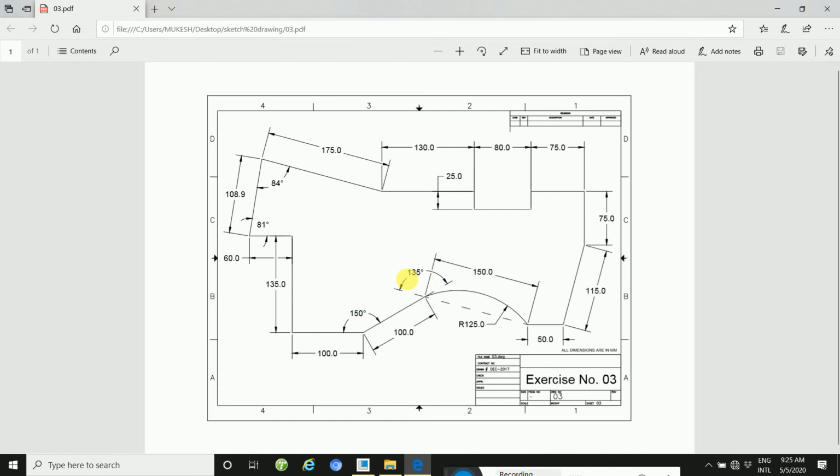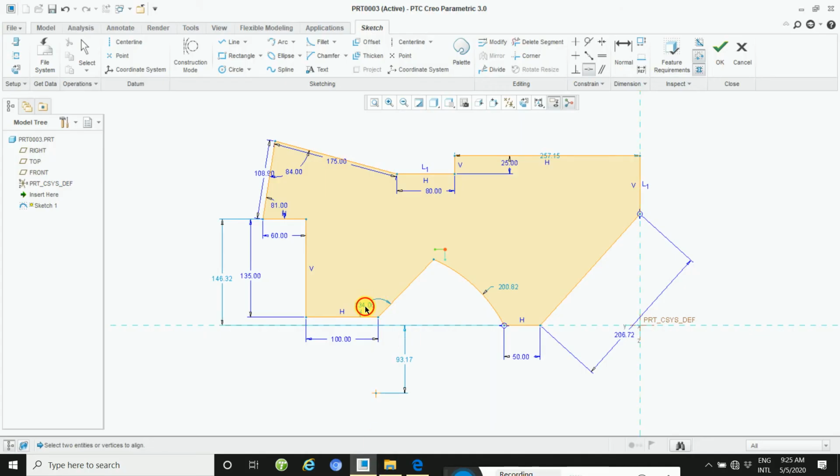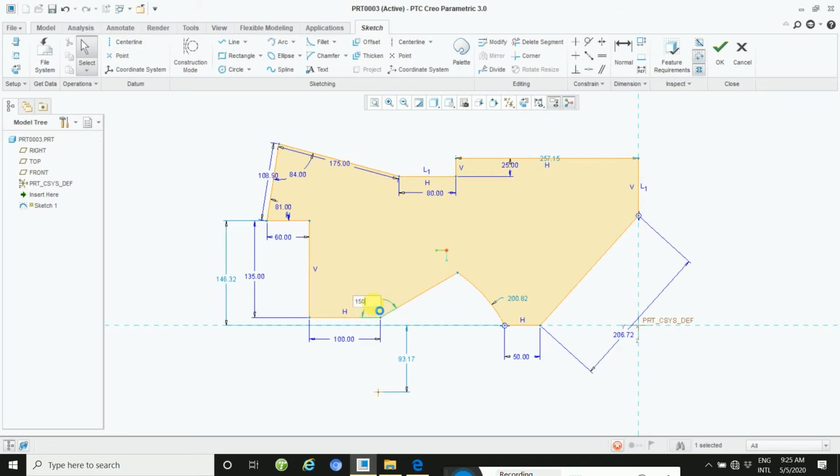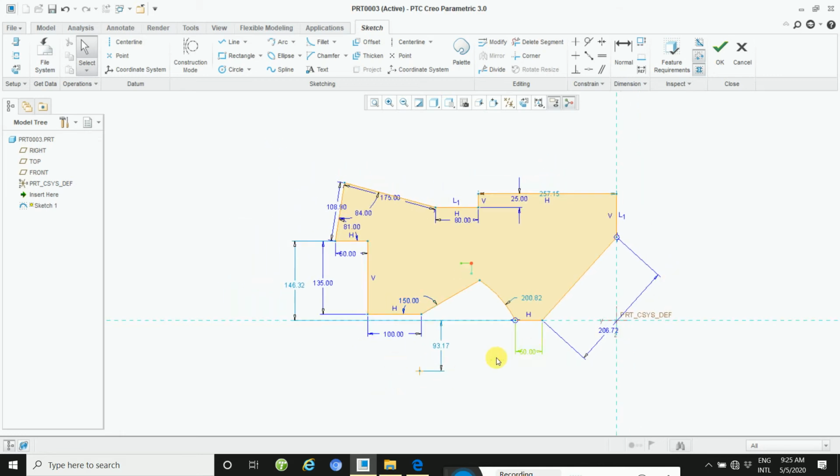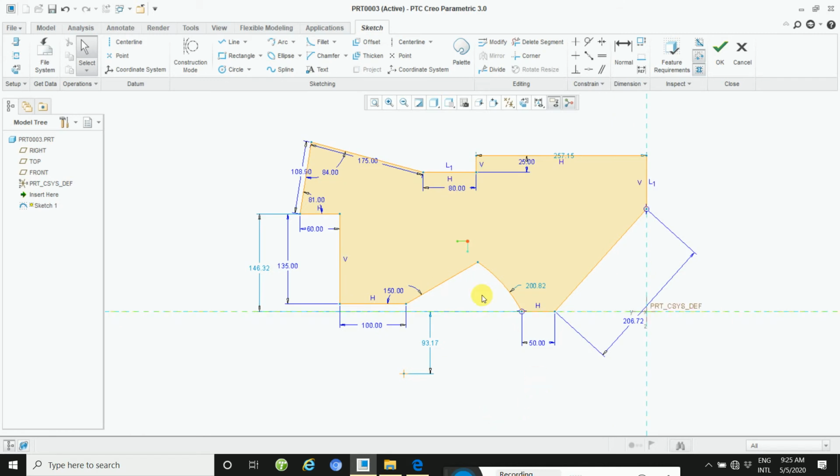Okay, and also angle is 135. So need to take a construction line. So first you define the 150, otherwise select here and then click here two times. Okay, and then take a 150, fine, and try to tangent.